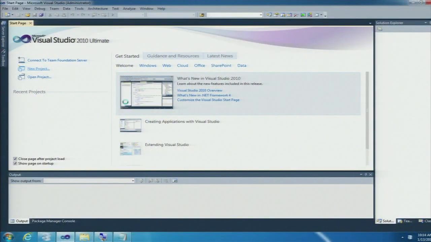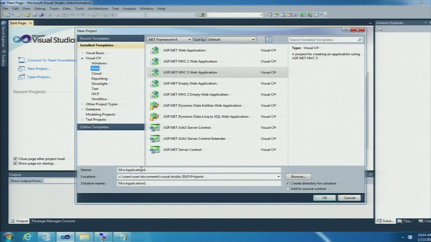I'm going to show you a demo now of some new stuff we've got coming out in MVC 3, as well as NuGet, which we're very excited about. So let me go create a new project. And we're going to call this guy CodeMash, appropriately.